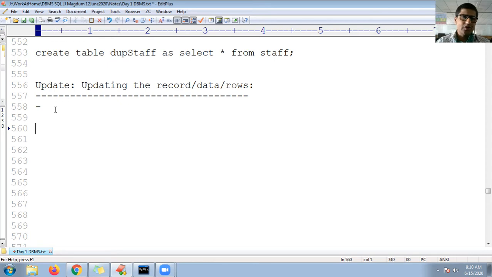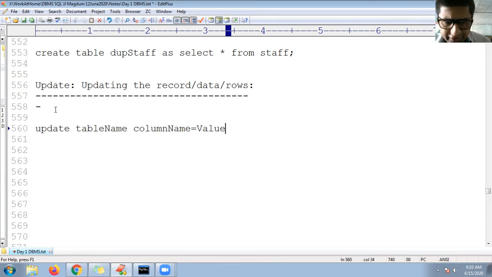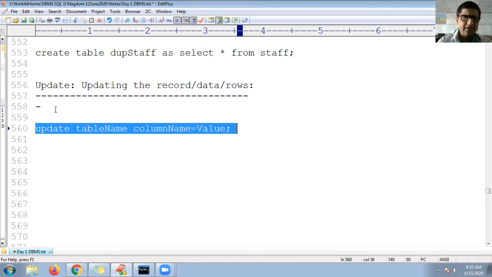So what is the syntax to work with update? Guys, you need to use a keyword called update followed by table name. So let me use here table name, followed by the column values you want to update. It is compulsory to provide the column name and appropriate value. Suppose, for example, I'm going for a single column. This is the general syntax. If you apply this command, update table name and column name, all the column values will be updated.